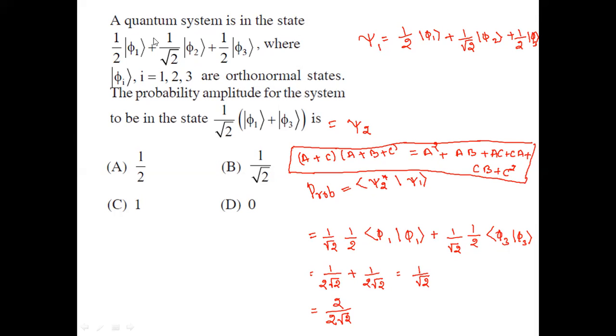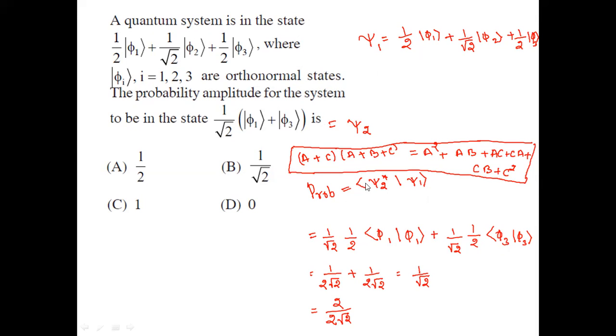Now we will take this to be psi 1, the entire linear combination of the basis wave functions. This phi 1, phi 2, phi 3 can be taken as the basis wave functions. The linear combination of these basis wave functions will now be taken as psi 1, and the other linear combination of the basis wave functions phi 1 and phi 3 is taken as psi 2. Then the probability of finding this psi 2